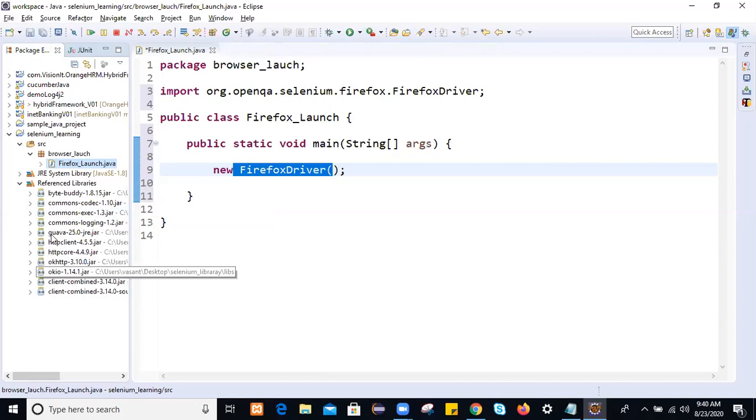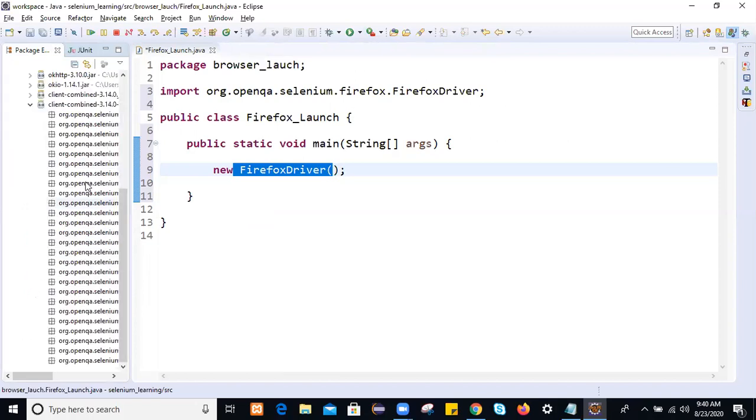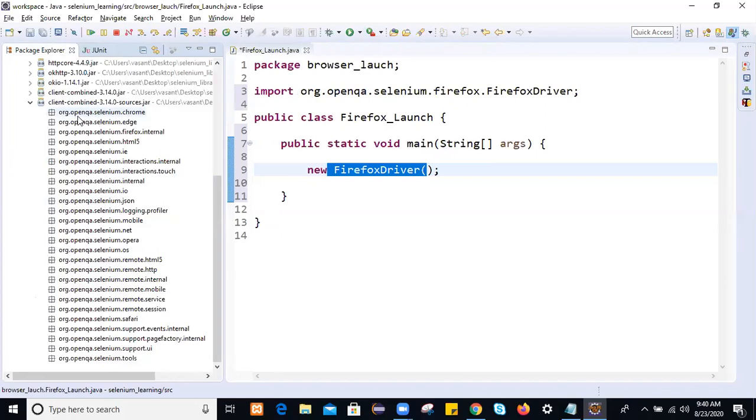Somewhere here we are using commons codec and client combine. From the org.openqa package, we are using org.openqa.selenium.firefox. This one is for Chrome, this is for Edge, this is for IE, and this is for Firefox.